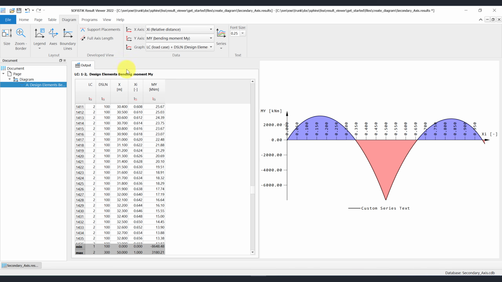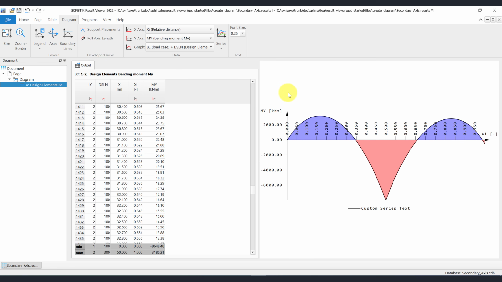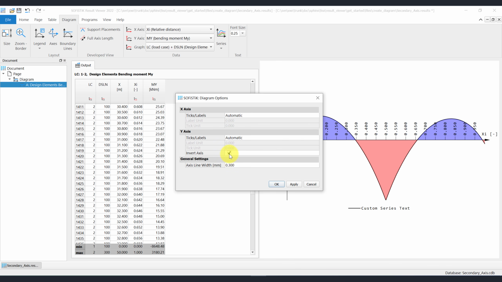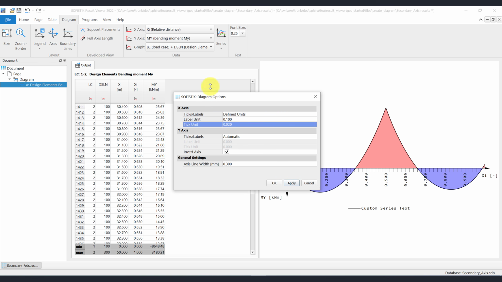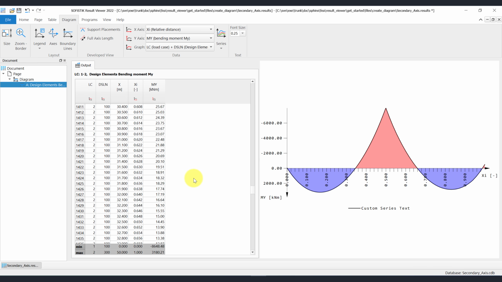The legend can be deactivated via the Legend command. Via the Axis command you may invert the Y-axis and modify the ticks and labels unit. If you want to add vertical or horizontal boundary lines, then this can be done via the boundary lines command.